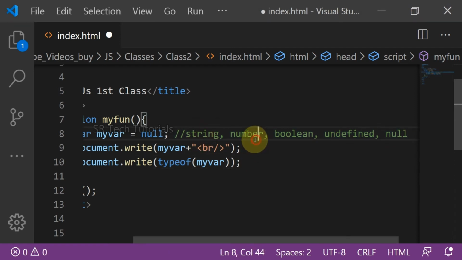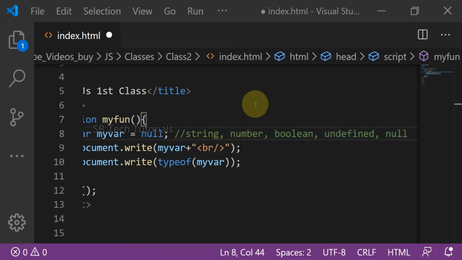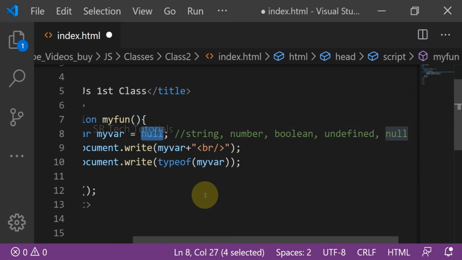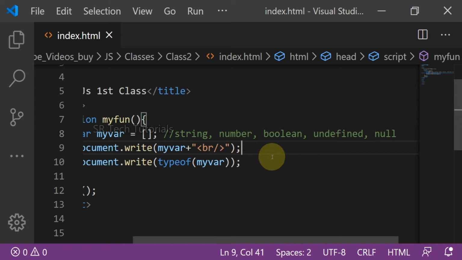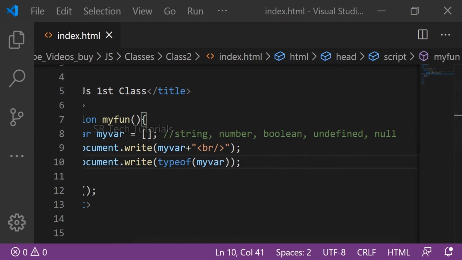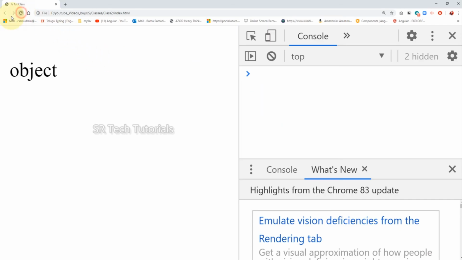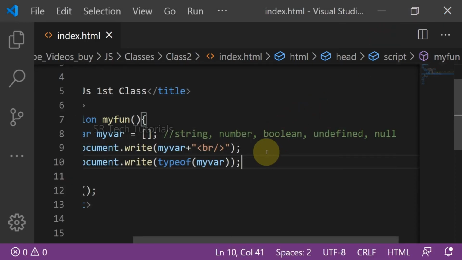So next, non-primitive data types. An array we can define with square brackets like this. This is an array. What's the type of array? The value is an empty array, that's why it's not displaying anything. Type of an array is an object. Type of null is an object, and type of array is an object.